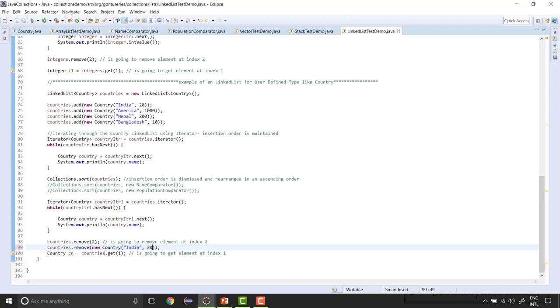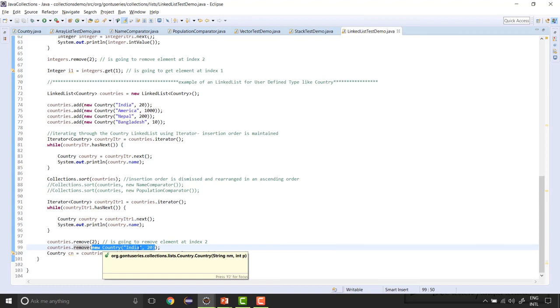So what this line is going to do is remove the object with the value India and 20. So this is how it's going to work. Got the point? So you can use remove by specifying the index, or you can use remove by specifying the country. Now, an important point you have to understand is when you're using the remove function,